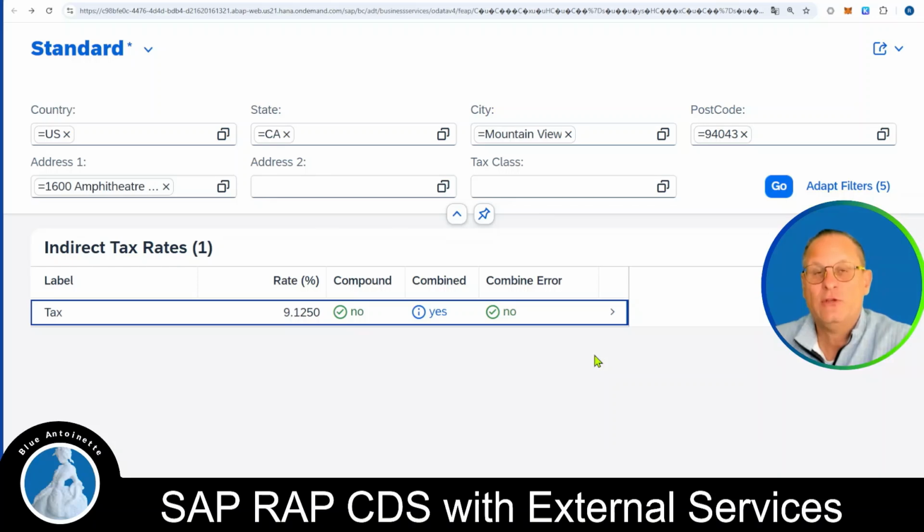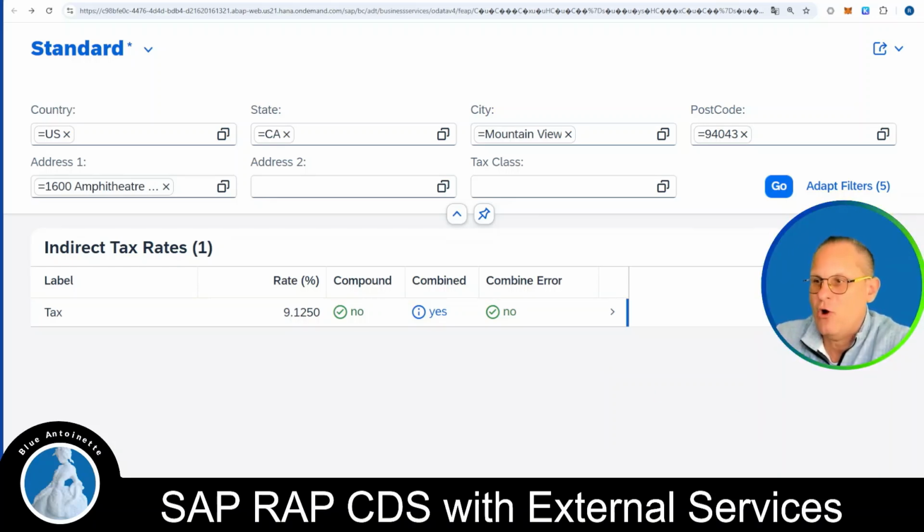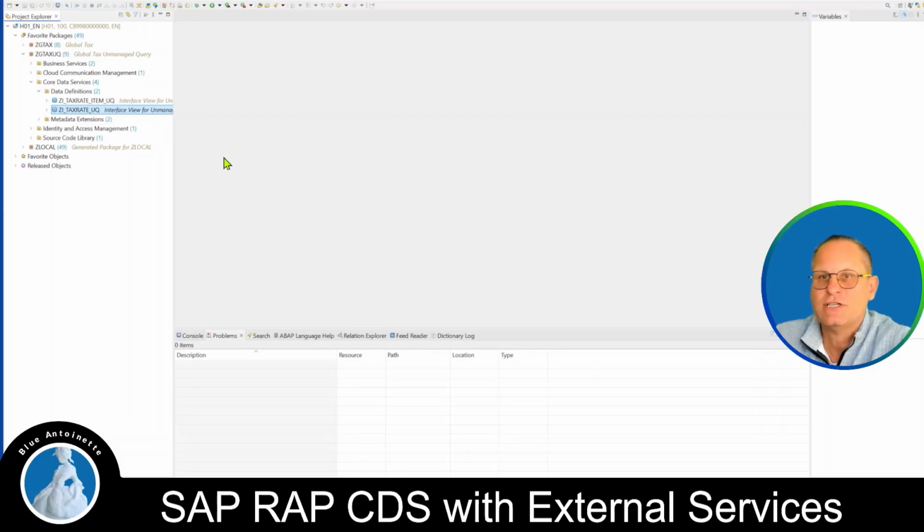But now let's look into the source code on how we built this. For this purpose, I open Eclipse, which is our source code editor for ABAP. And here on the left-hand side in my package, under Core Data Services and Data Definitions, you can see that I have created 2 CDS entities. The ZI tax rate UQ, which stands for unmanaged query,